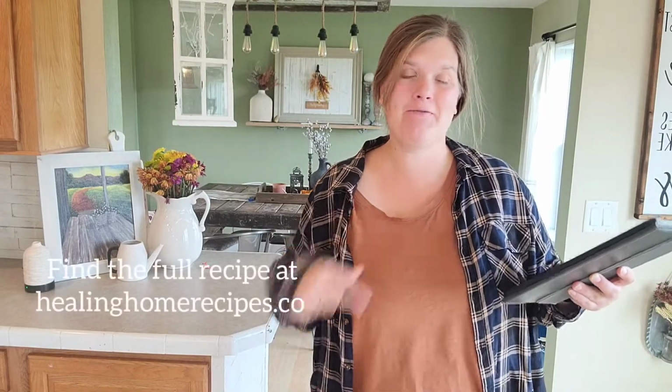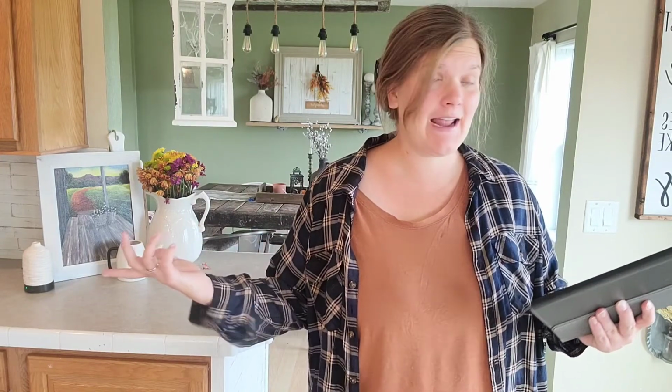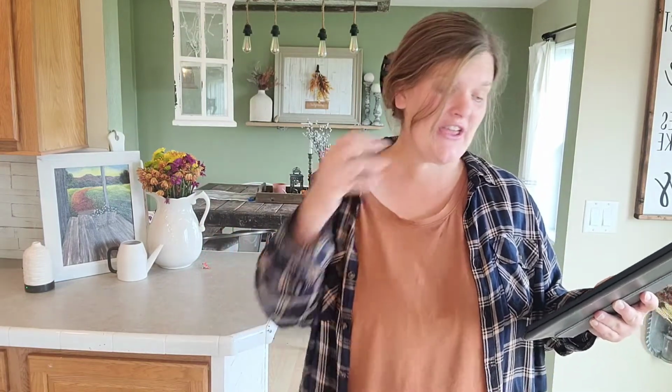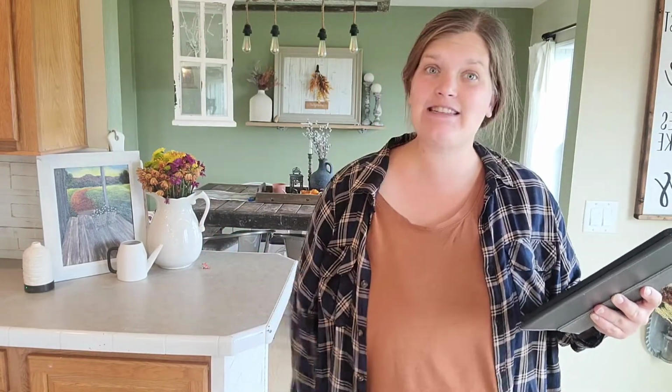So besides the spaghetti squash, there are a few other things that you're gonna need. For whatever reason, I can't memorize this list today, so I'm actually reading it from my tablet. Usually I memorize my recipes, but I'm having mom brain today and I just can't remember the ingredient list. But you're gonna need a large spaghetti squash. We're gonna cook that thing up. You can use 2 pounds of Italian sausage,